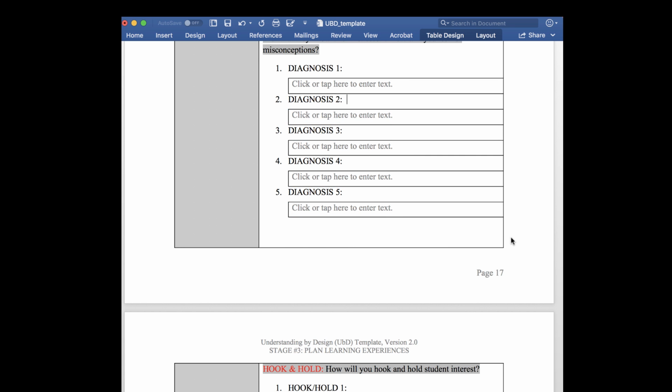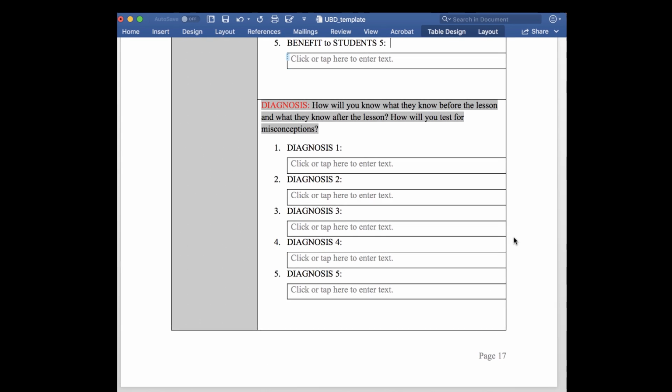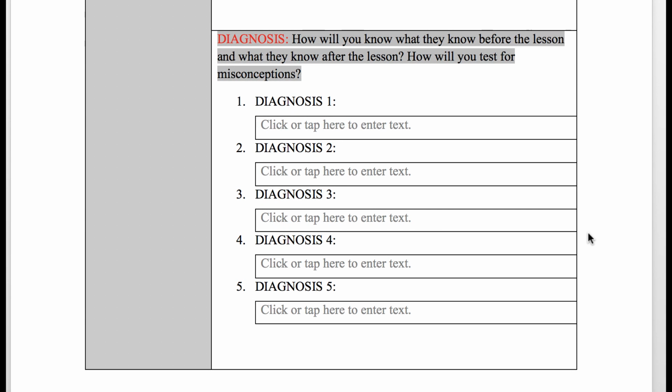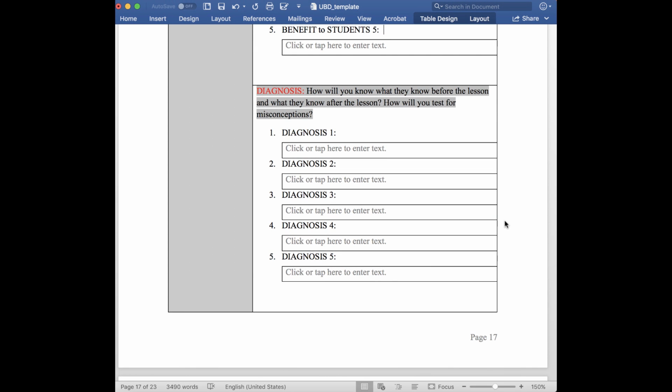Let's go back up a little bit. We're looking now at diagnosis. How will you know what they know before the lesson and what they know after the lesson? So again, part of that W is where the students are coming from. And this is where you can list any kind of pre-test or any other activities you may decide to do